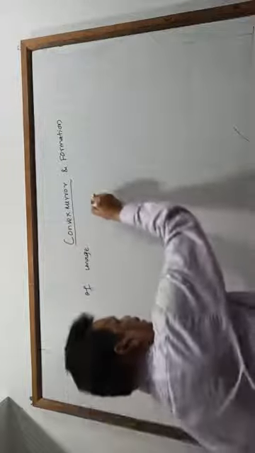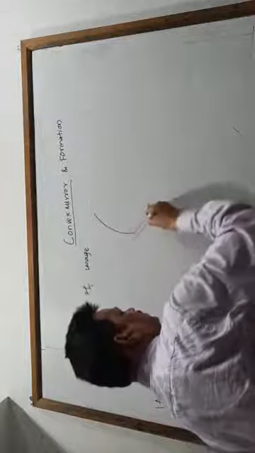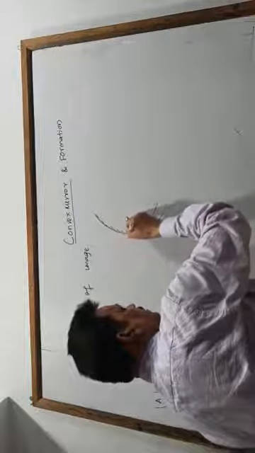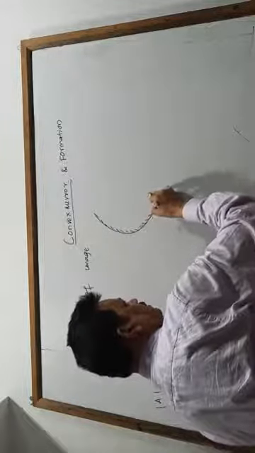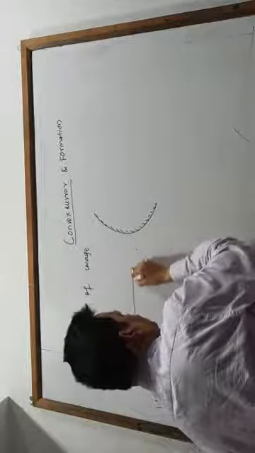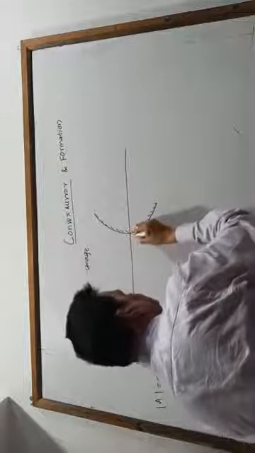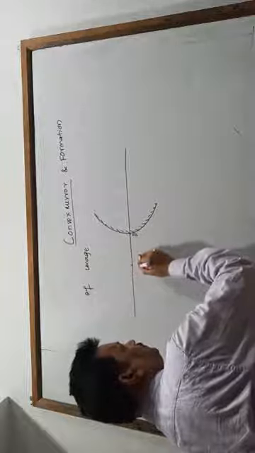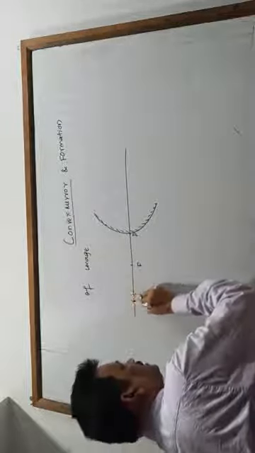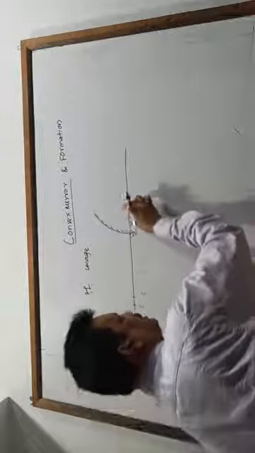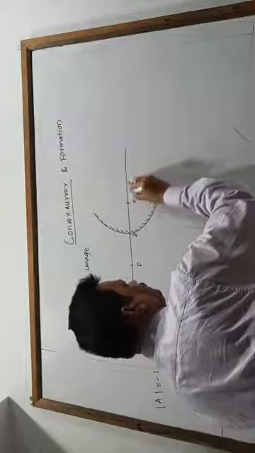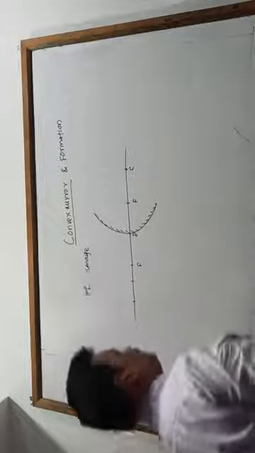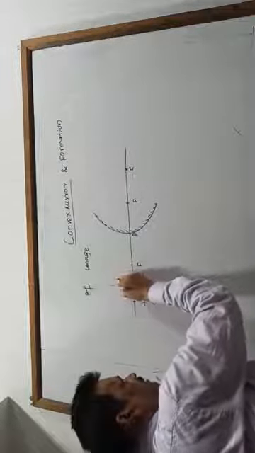Okay, let's take a convex mirror here whose polishing side is curved outward. Take in the middle, this is pole, this is focus, and at an equal distance this will be the center of curvature. Again, this distance is focus here and this is center of curvature. Now let's place any object here.